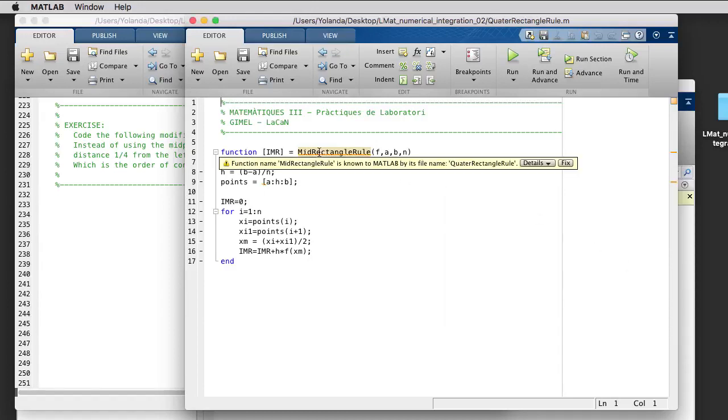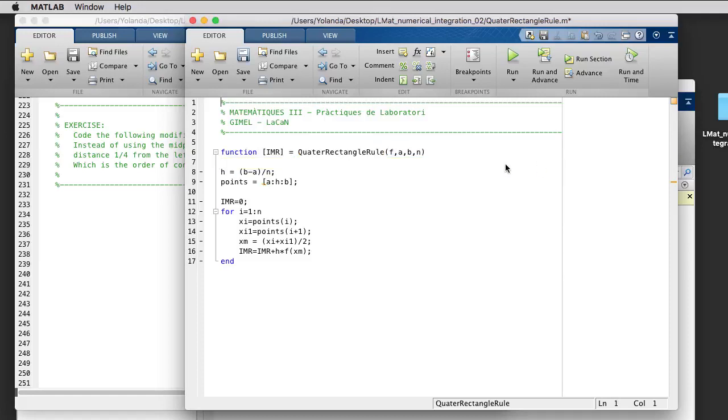So here it says function name is known to Matlab by its file name, quarter rectangle rule, so fix this for me, and it will automatically change the name here. It's very important that the name of the file and the name of the function must be the same,